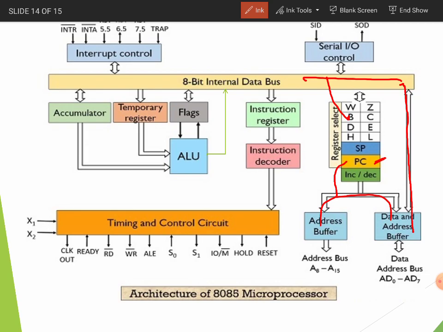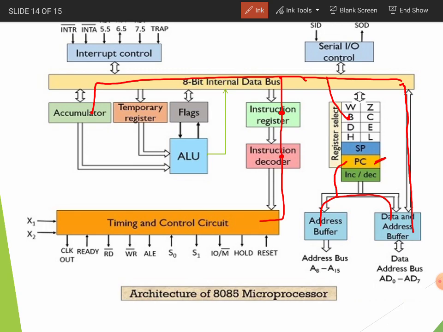So here we have taken ADD B. One operand is in the accumulator, the second operand in the B register. The instruction will be placed in the instruction register, decoded from there, and after decoding it is given to the timing and control circuit to generate the necessary control signals.